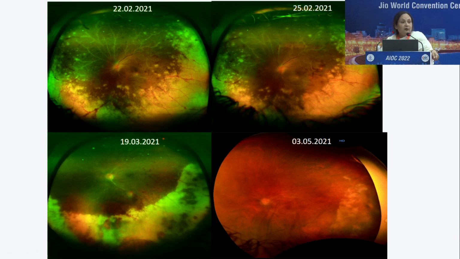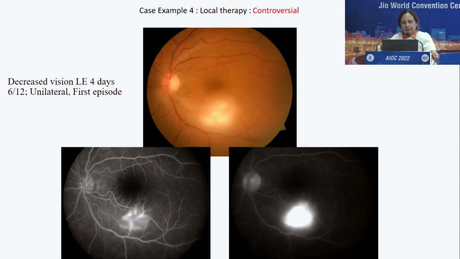You may argue, why not give only local injection? Because you have to give acyclovir to prevent the development of ARN in the opposite eye. So these are the balances that you will have to keep. Simply because she is developing acute tubular necrosis, you cannot make her blind. So please work with your nephrologist to give a minimal dose to prevent disease in the opposite eye, and supplement this eye with the local therapy so that you are taking care of both.